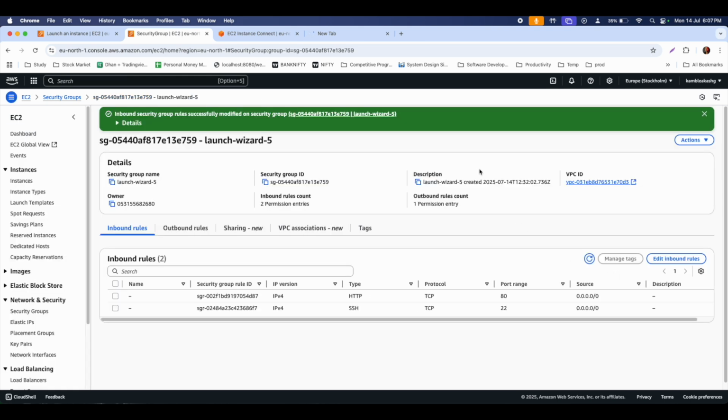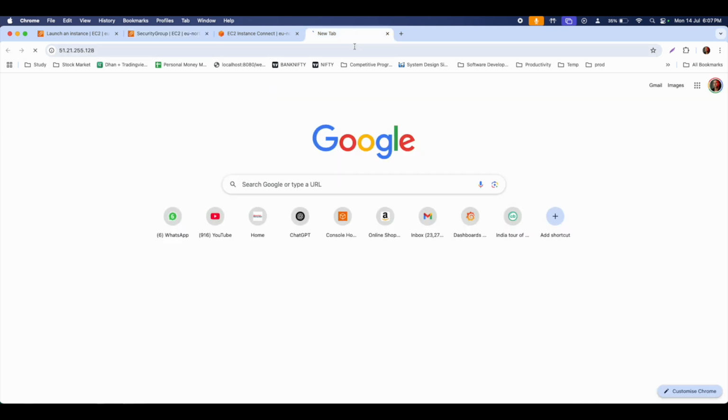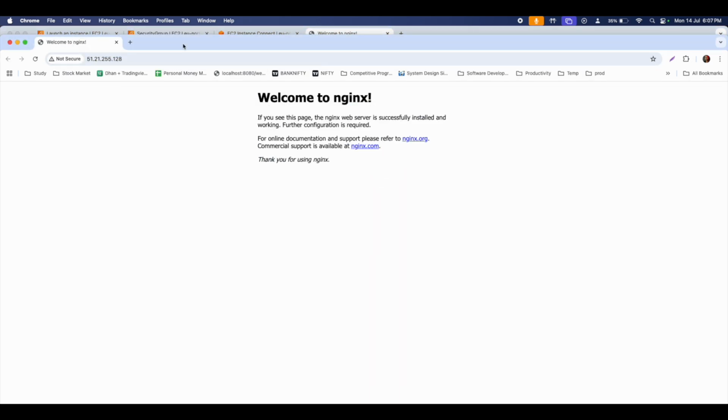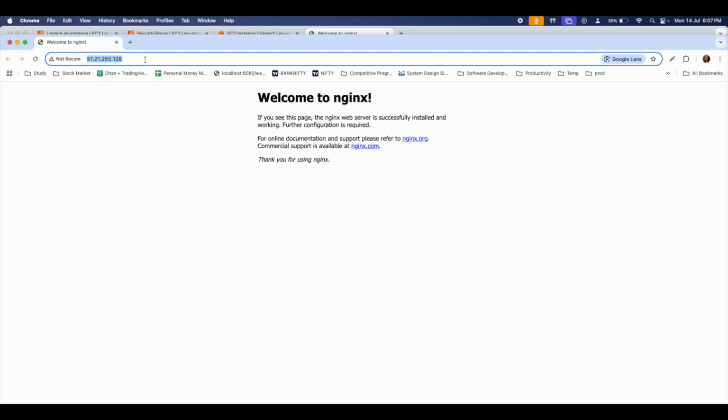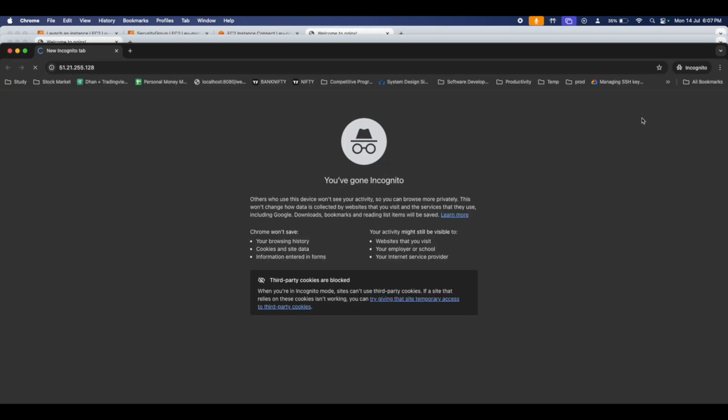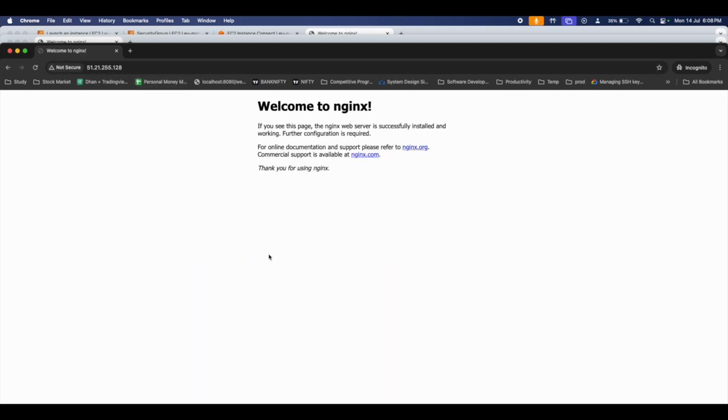Once we do that, you would see Nginx would be accessible from outside as well. See, even if I try to access this from an incognito tab, you will be able to see the similar output. Welcome to Nginx.